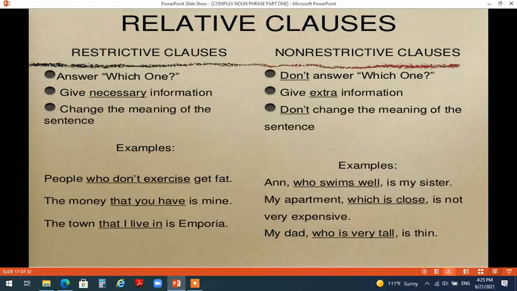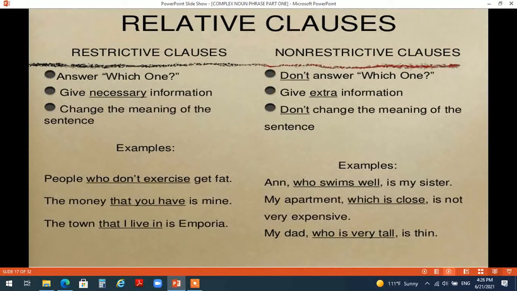The head noun is the word money, and it has been post-modified again by using a restrictive relative clause, that you have. The third example, the town that I live in is Emporia. Town is the head noun, and it has been post-modified by using the restrictive relative clause that I live in. Regarding the other three examples, yes, here we have